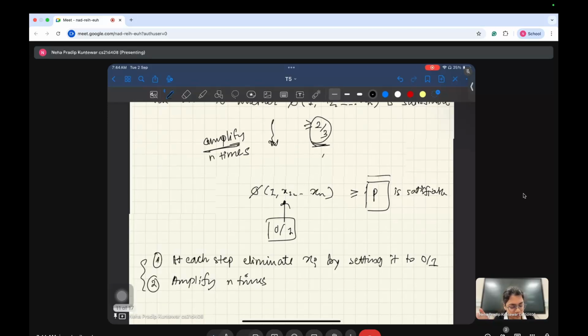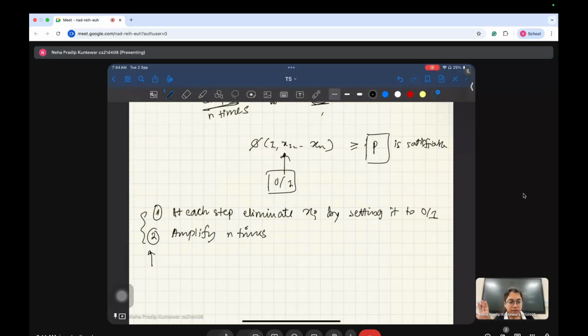So at the end of this, what we will really get is an assignment A which is satisfiable